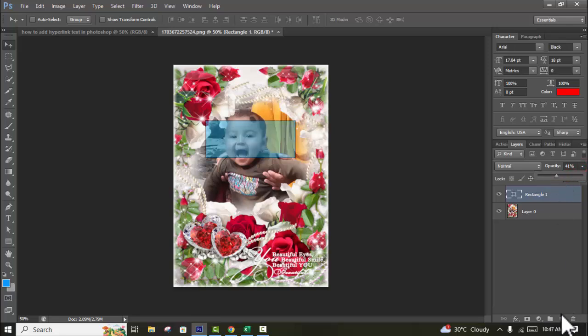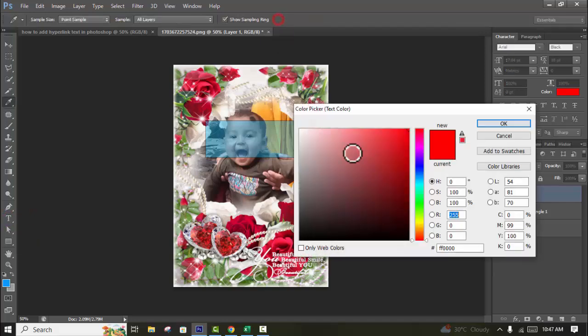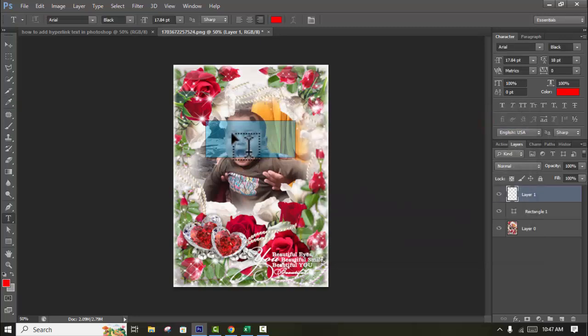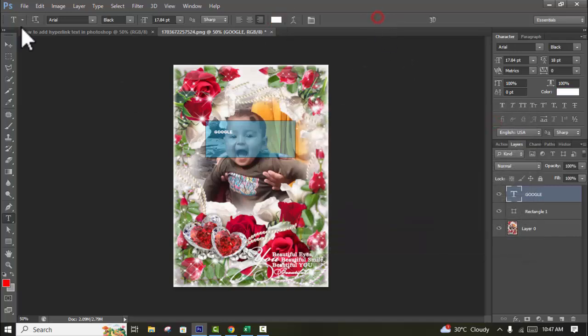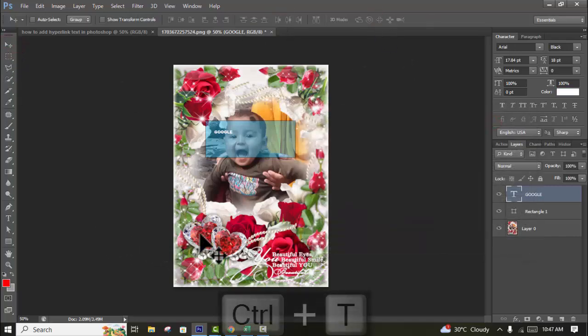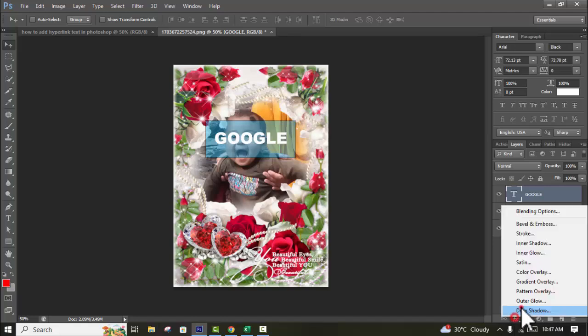First of all, create a new layer and click text. Type example. Use color white. Press Ctrl T. Resize and